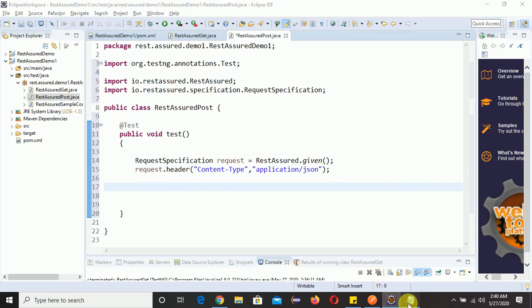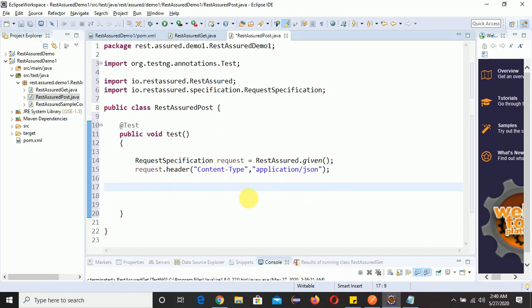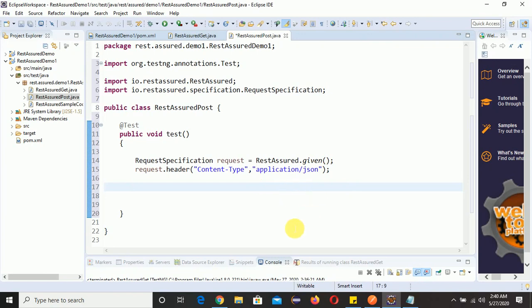Now, you can see here, by using a JSON object, we can add our data, right? You can see in POST we have this data, name is Rahul, salary 123, age 23. So we need to add the data. For this we need to create an object of JSONObject.